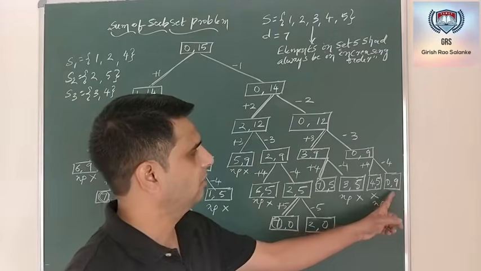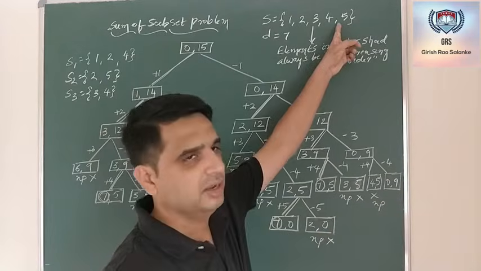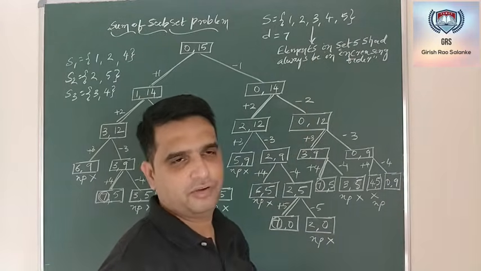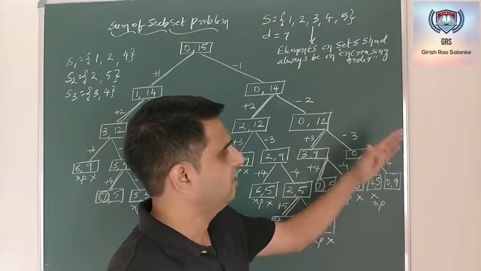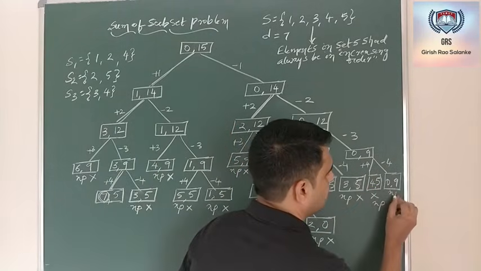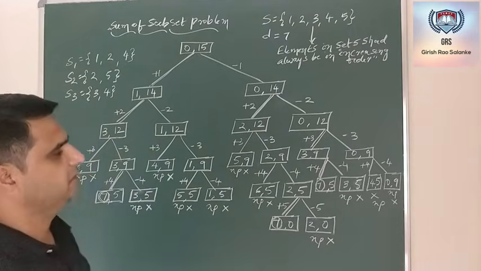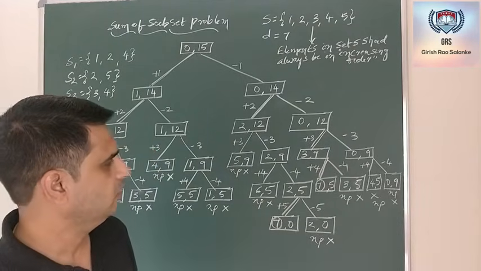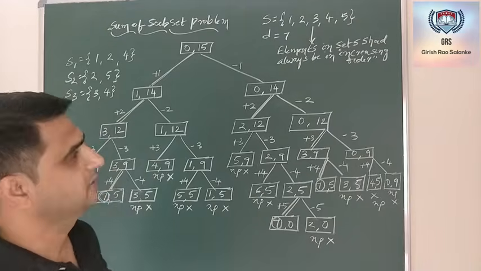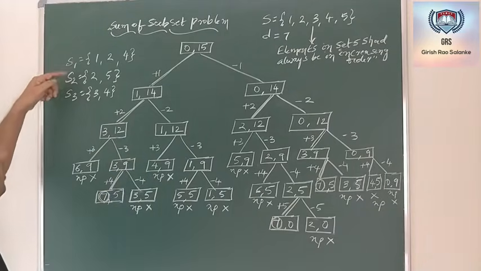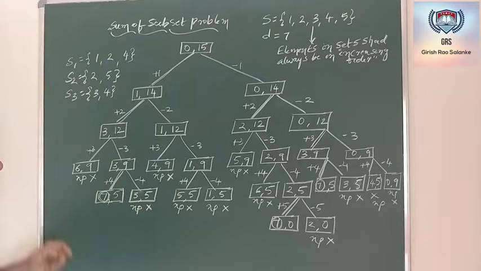Now even this is also a non-promising node because on adding 5, it is not giving you the final value, because 5 is the last element. So this is also a non-promising node. Stop here. So if you see, this is the complete state space tree which gives the solution to the sum of subset problem. I got 3 subsets, S1, S2, S3.